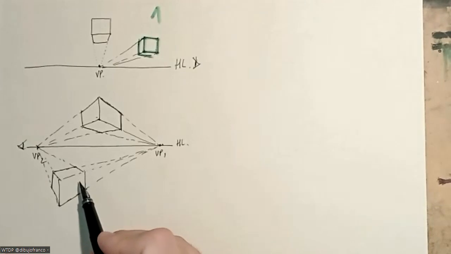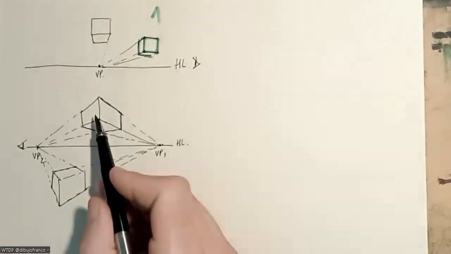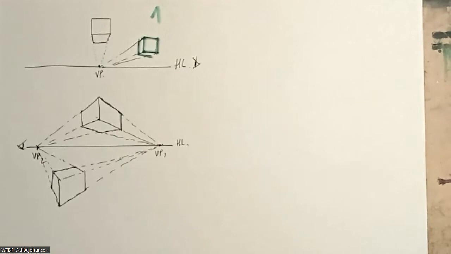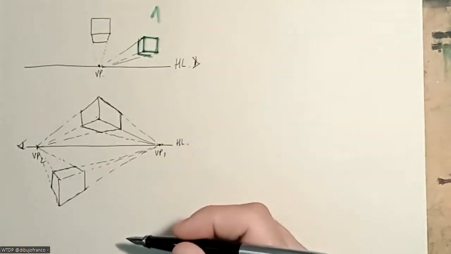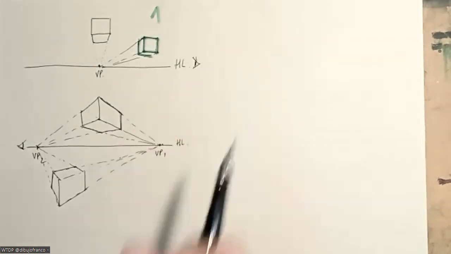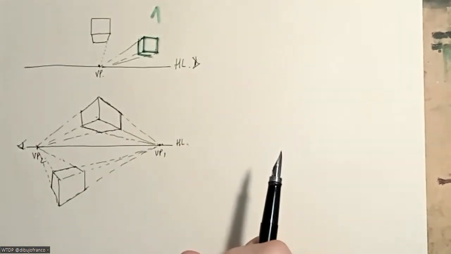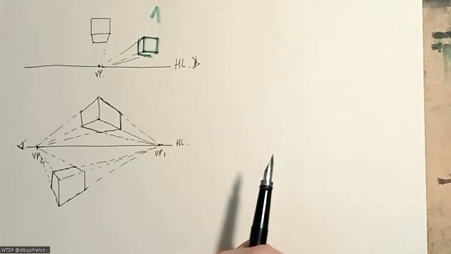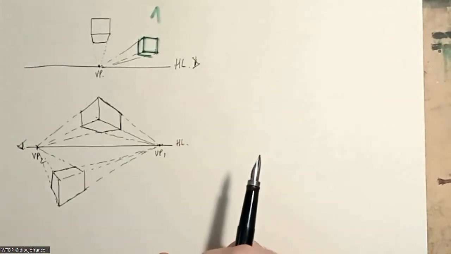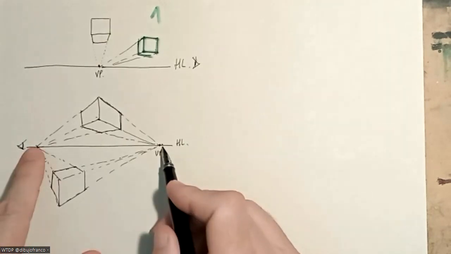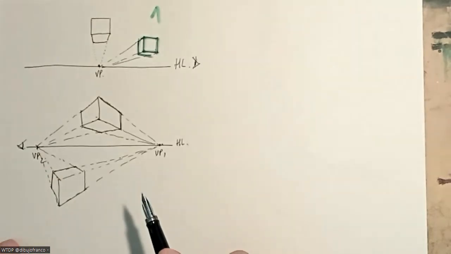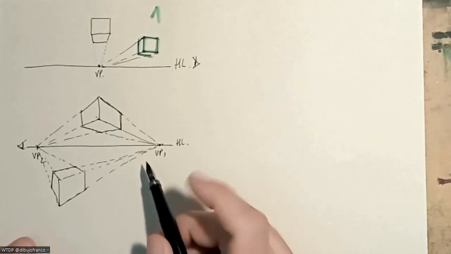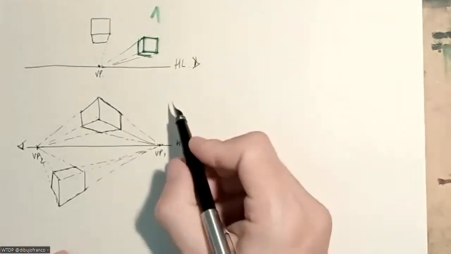So now I'm seeing both sides and the top. Here I see both sides and bottom. Okay, anywhere that I put this, it will be just the same. Okay, and obviously, if the object is rotated with different angles, the vanishing point will be moved. Okay, they don't have to be at the same place all the time. They can be moved depending on the object, how angled it is placed on the floor, or if it is flying, or whatever it is. Okay, this is a case of two vanishing points,